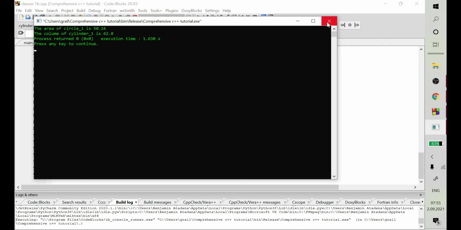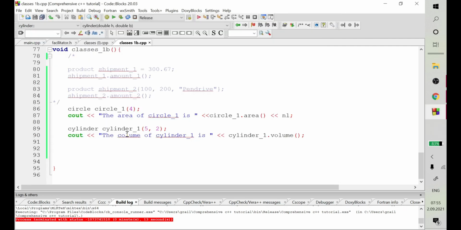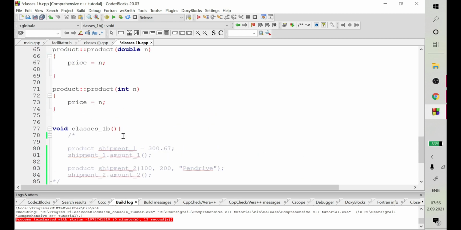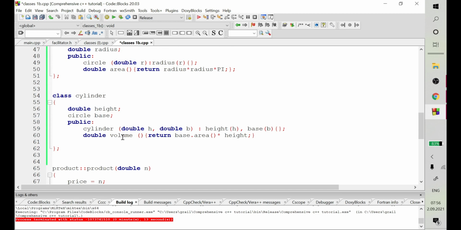So we need to correct that label as the volume. Right, so you can go ahead and check to see whether our computation of the volume is right. So that was the member initialization, when you want to use objects in a class that are members of another class,